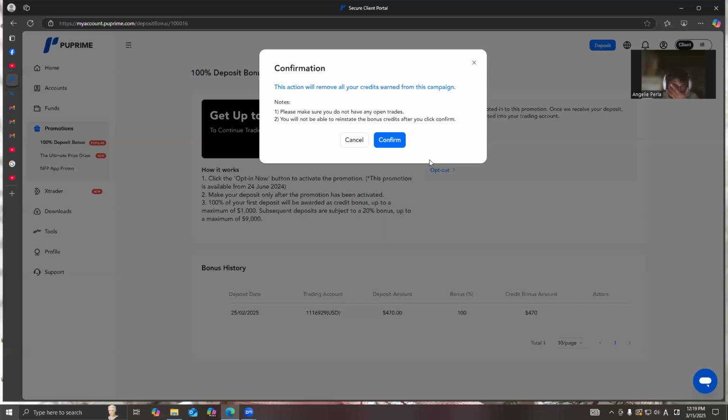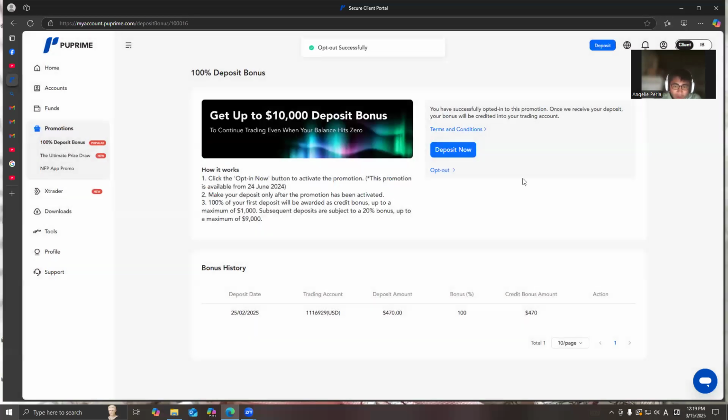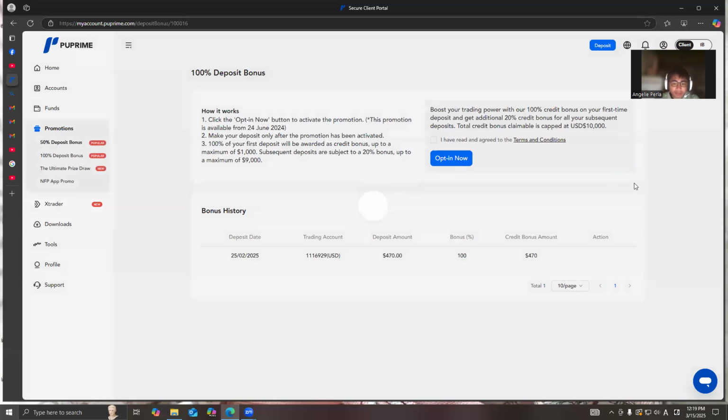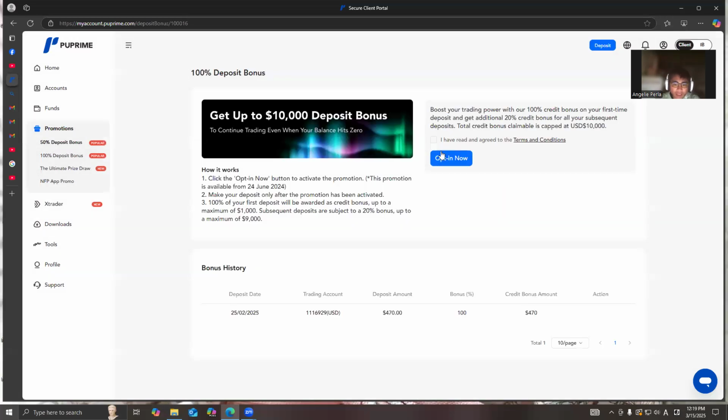Okay, so once you confirm that you opt out of this promotion, this will now appear as opt in. So it is a confirmation that this 100% deposit bonus has not been activated.